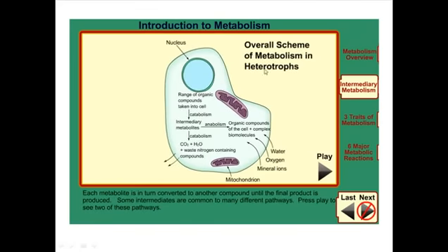This is the overall scheme of metabolism in heterotrophs. In this heterotrophic cell, a range of organic compounds are coming in, and those compounds are broken down into small particles, which are intermediate metabolites. Those intermediate metabolites are further catabolized and form carbon dioxide and water. The carbon dioxide is released out of the cell, and some poisonous nitrogenous waste is also eliminated. The water molecules produced are used for cellular purposes, and some water with the nitrogenous wastes is also taken out of the cell.